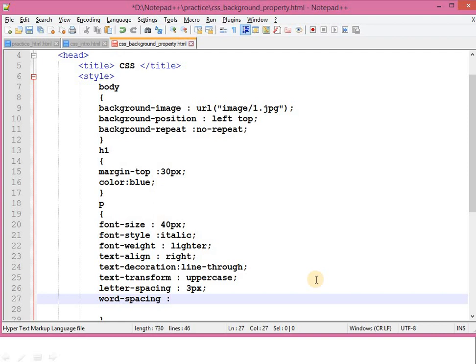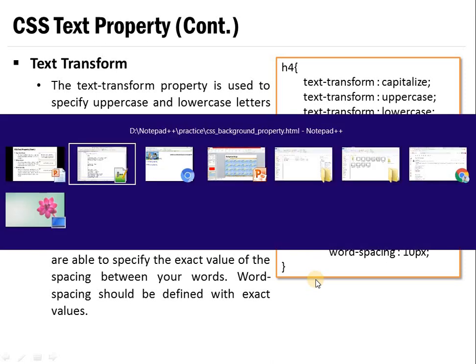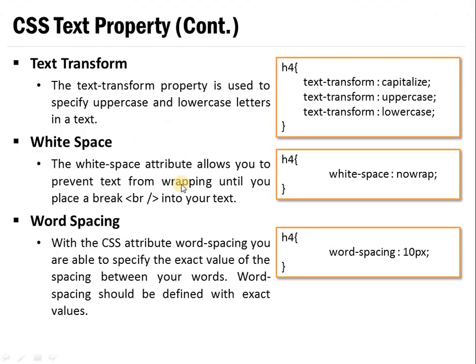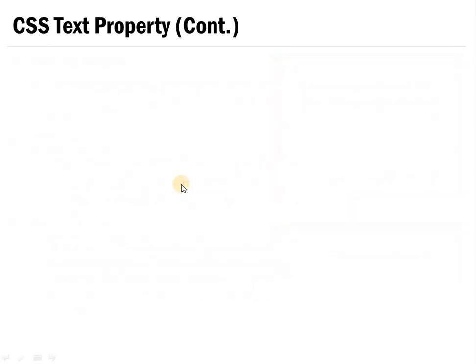After that word spacing 10 pixel. Save and refresh it. You can see that output, there is more space compared to the previous one, and between letters also the space has increased. So this is your text property.